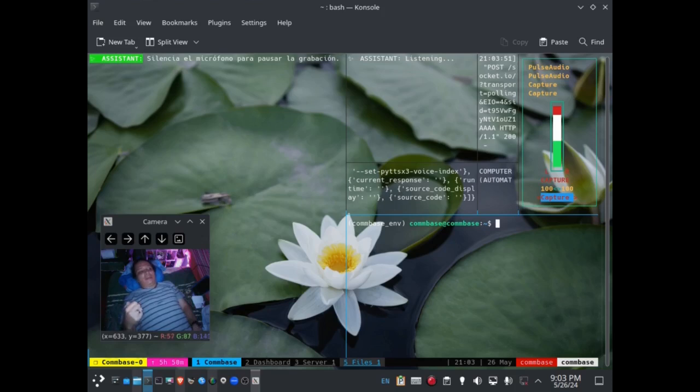But think about it also as a panic button. You can design a Conbase-based hardware device, so it is not going to be difficult to restart the STT engine without restarting Conbase completely.